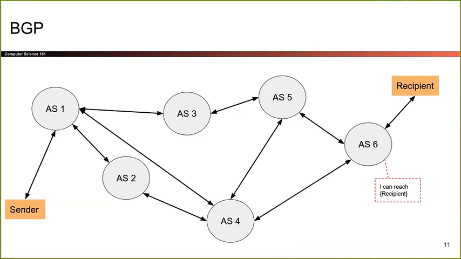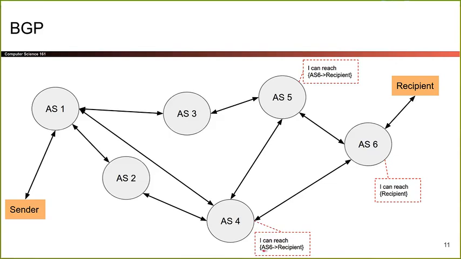So one way you might be able to route this packet is, first, autonomous system 6 makes an announcement, says, I can talk to this recipient. And then autonomous systems 5 and 4, because they're connected to 6, see that autonomous system 6 has made this announcement, and they announce that they can actually reach 6. So if you go through me, I will send this message to 6, and then because 6 can reach the recipient, 6 will forward it to the recipient.